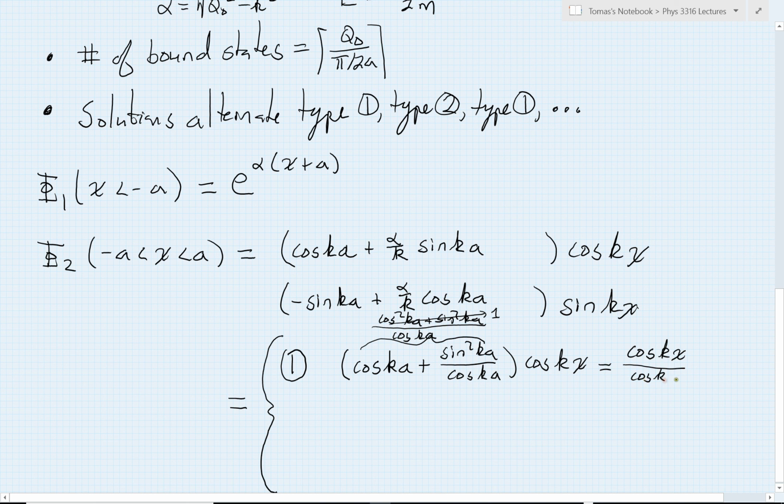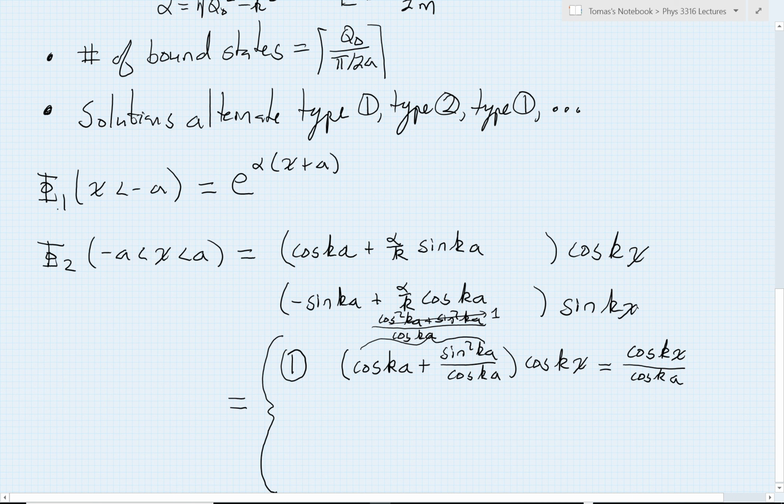What could be more simple or more beautiful? Now, it's really mysterious at this point why it became just a cosine. We could have guessed, though, once we knew it was cosine Ka, there would have to be a cosine Ka factor in the denominator. The reason is that if we were to evaluate phi 2 at x equals minus a, it has to match